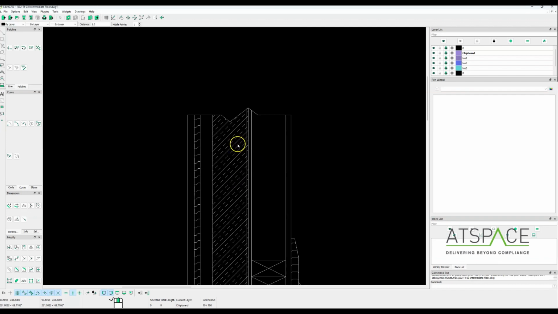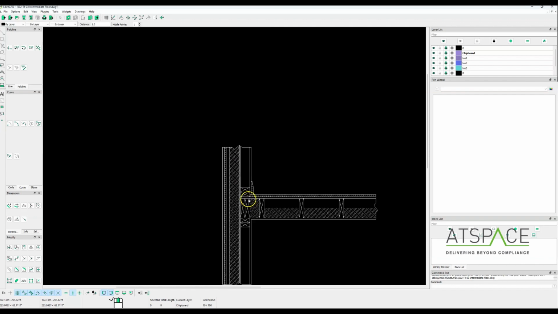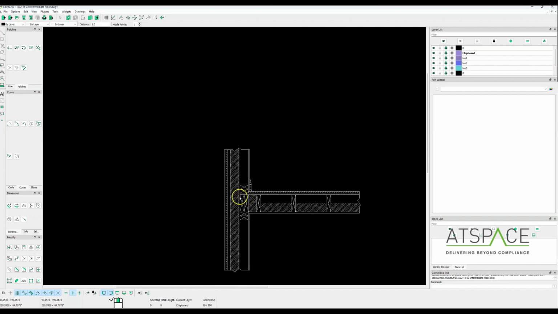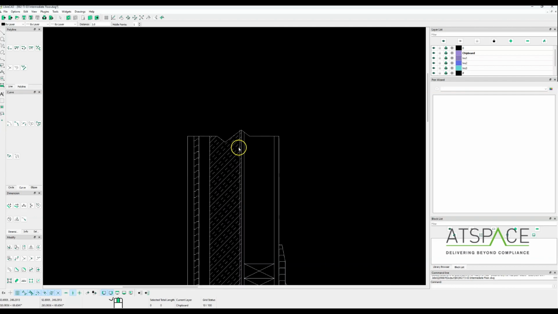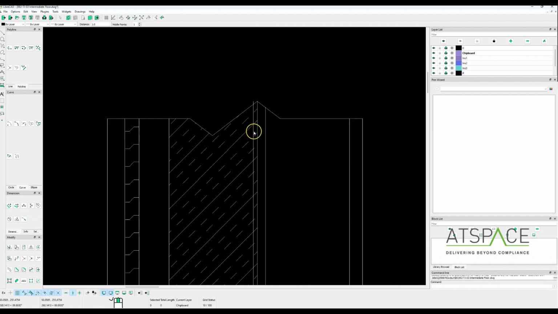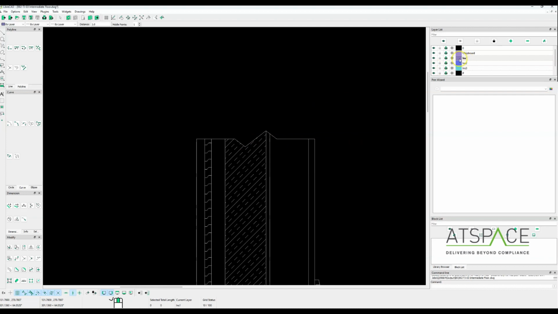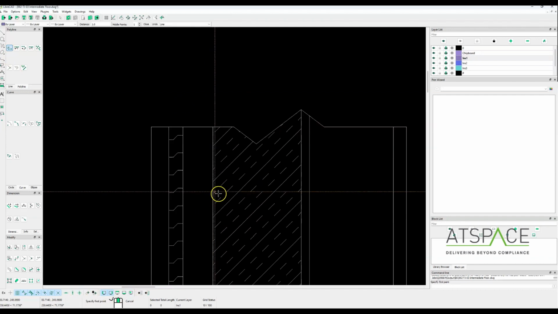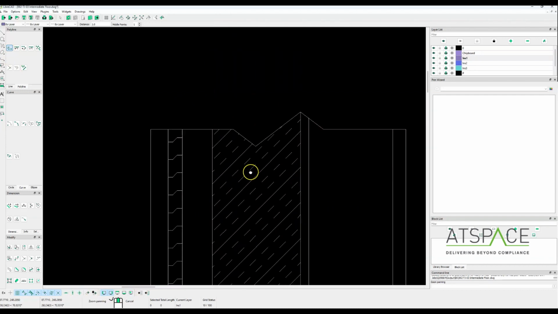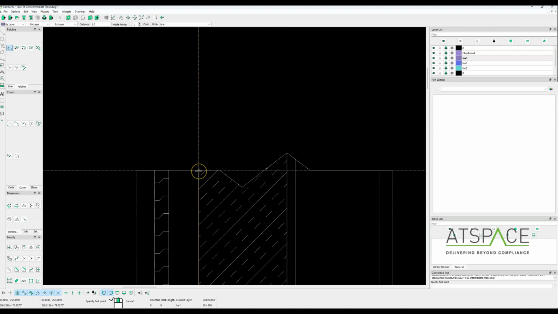Oh yeah, so we also need to scale this drawing, because when you've converted it from a PDF to a CAD file, the scaling might be out. So what we're going to do, I'll delete that, we don't need that. We can lay down a polyline on an element which we know the dimension for. In this case, I know that this insulation in the wall is 100 mil thick. So we're just going to go across